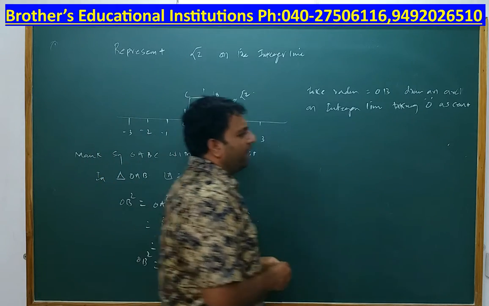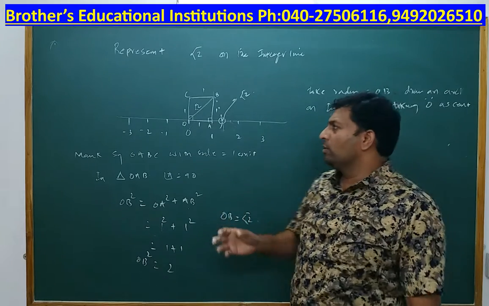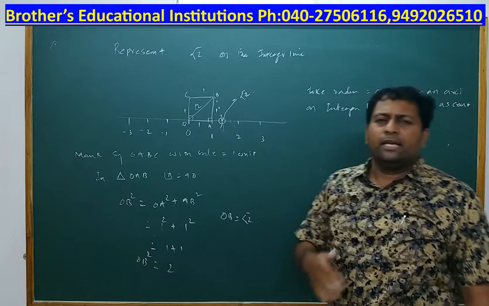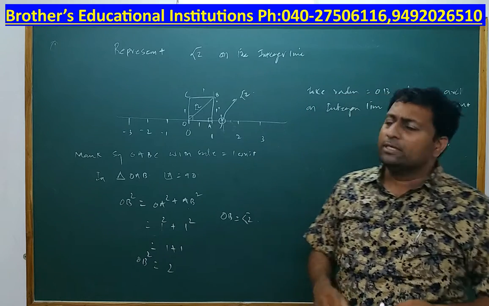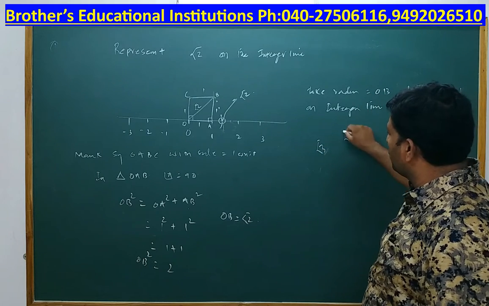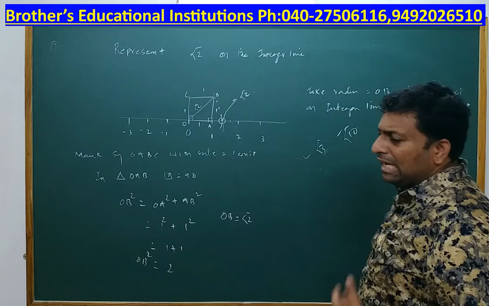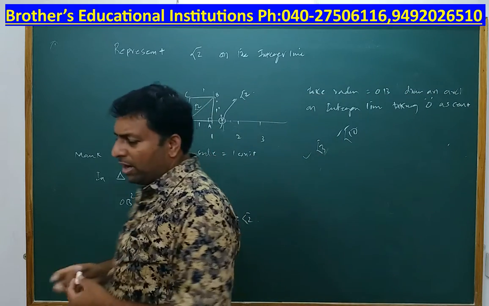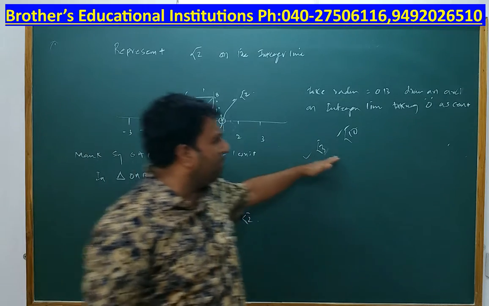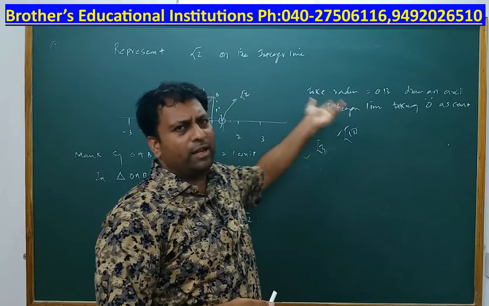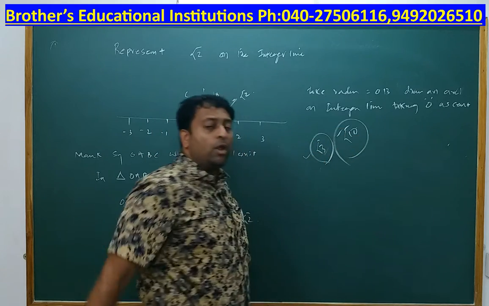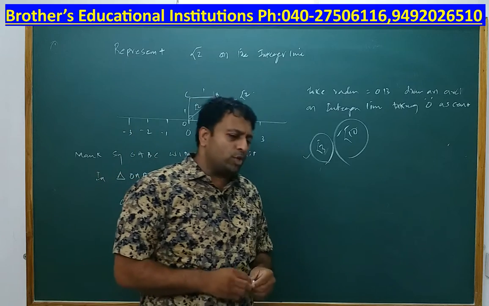So children, this is the way you will handle things, and you will mark the irrational numbers on the integer line. In the next class we will deal with a few more examples, such as how to mark root 3 on the integer line and how to mark root 10 on the integer line. See, all these are what? Irrational numbers. What are irrational numbers? The irrational numbers are nothing but any number which cannot be expressed in the form of p by q. They are all irrational numbers. So in our next class, we will try to represent root 3 and root 10 on the integer line. So I am sure you understood this.